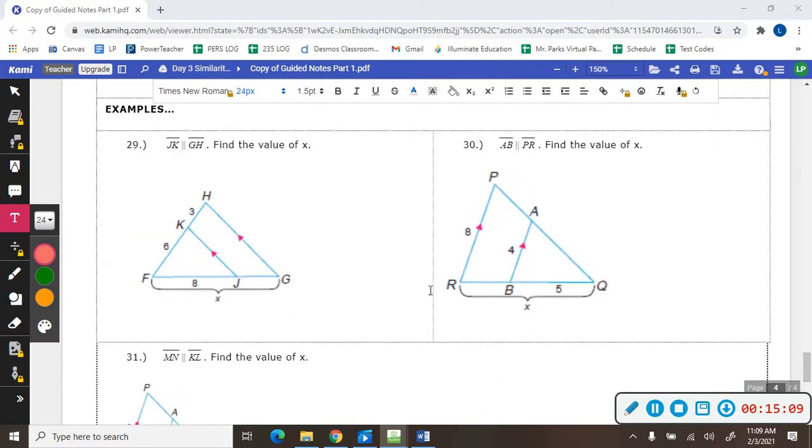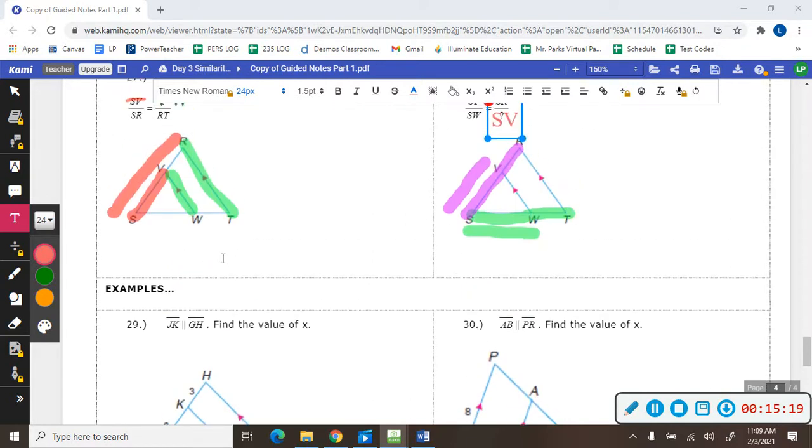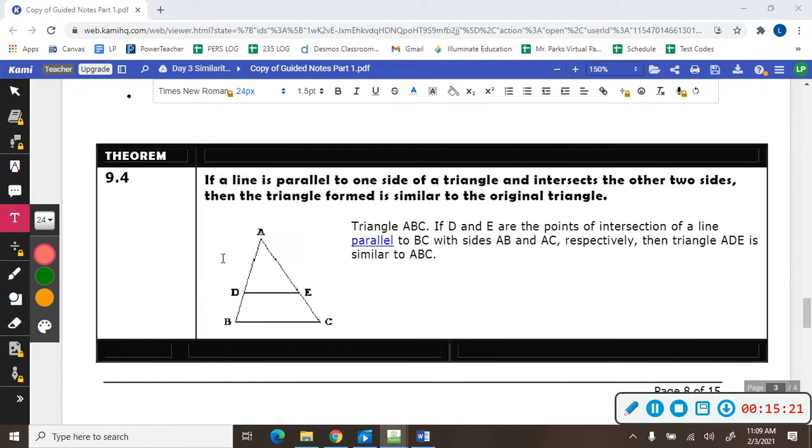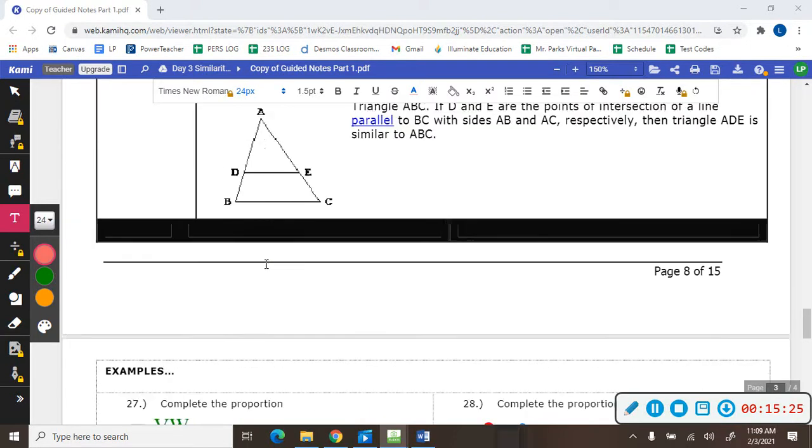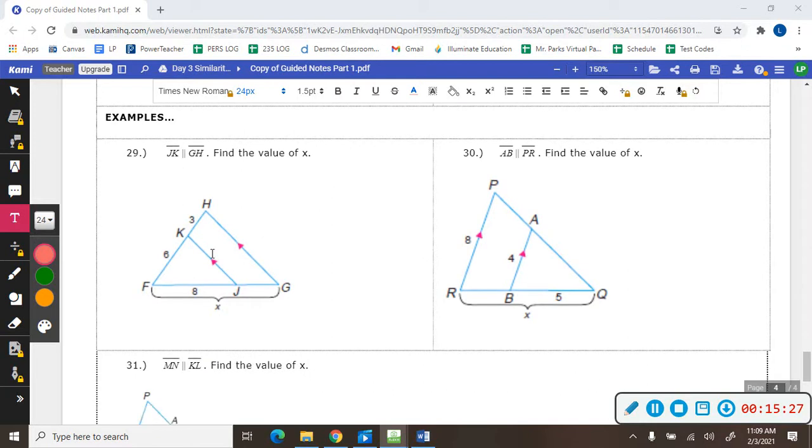So let's do some problems with these. They say JK is parallel to GH. So because these two sides are parallel, then we could go up here and use this theorem. And it basically says the little triangle is similar to the large triangle. So because the little triangle is similar to the large triangle, we can set up a proportion. So I have to see what goes together. First I see that